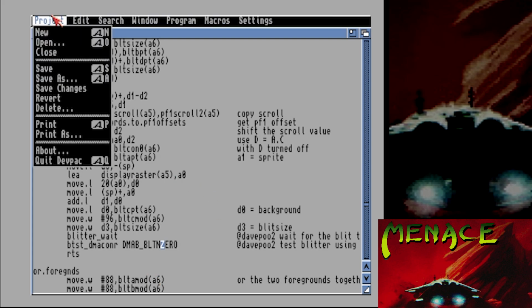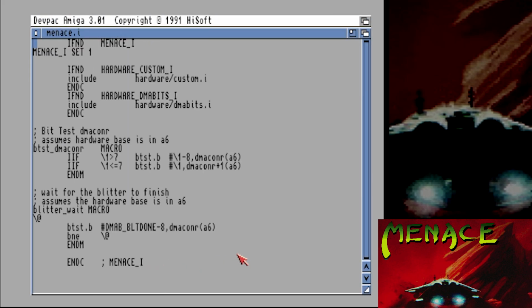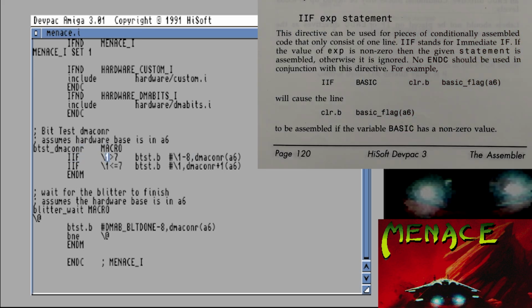And I'll show you the macros that I wrote for that, and I've just stuck them in this file. These will be in the GitHub as well here. So I have had to include a couple of files in this, hardware custom and the DMA bits. So there's my macro to do the bit test. It's actually using the if, it's basically an if statement. It doesn't have an else and it doesn't have an end if, but this /1 is the parameter to this